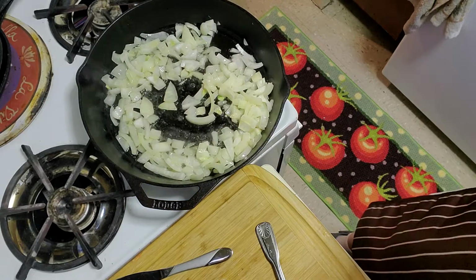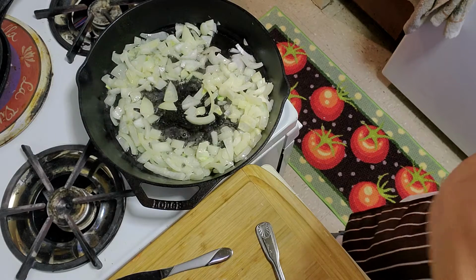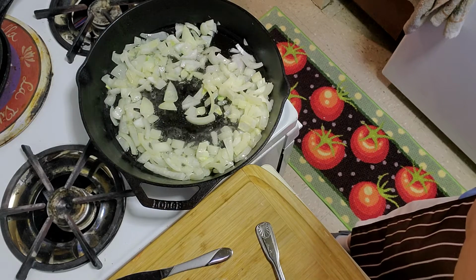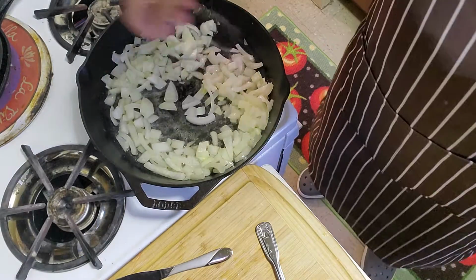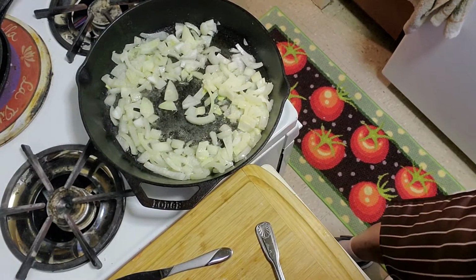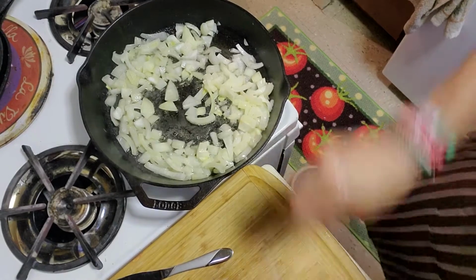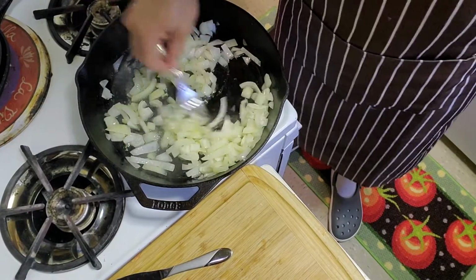I'm gonna put some sugar. I don't use sugar much at home, so I got this sugar. Okay, so I'm gonna put some sugar in there. And I'm going to start to caramelize these, because I want to make them nice and caramelized. I can never say that right. Caramelized. Bing bong. Anyway,